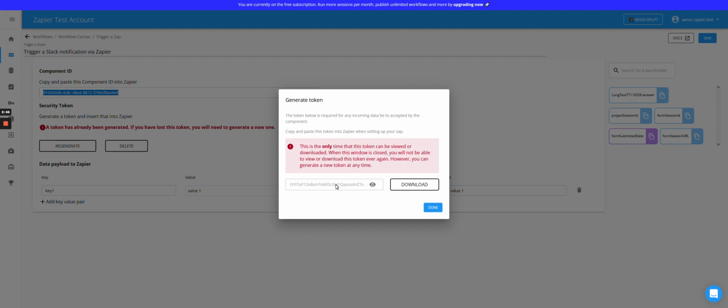Now this token is basically a key into your workflow. So you want to keep it very, very secure. When you generate a token, we actually only show you it once. So in this dialog, this is the only time you'll see this token and you'll be able to access this token. As soon as I click done, you will not be able to retrieve this token value. It will be gone. So that's one of the things where if you do lose this token, you'll need to regenerate it again. You can also click this to download the token as a plain text file if you need to store it somewhere. So I'm just going to copy and paste this